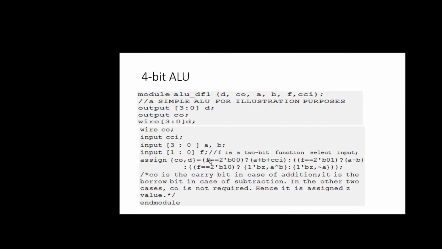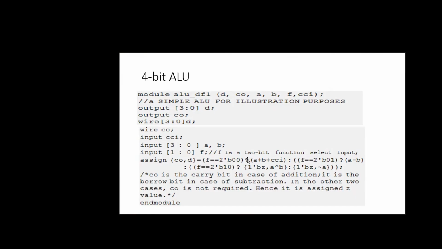Now let us see. F is 2-bit data. If F is going to take the value 0, 0, this double equals indicates if F equals 2-bit binary 0, 0. As it is 2-bit data, it may take the combinations 0, 0, 0, 1, 1, 0, 1, 1. If it is 0, 0,